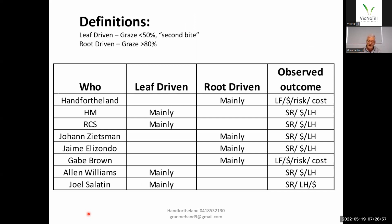So it does have more of a stocking rate, I think, because he said to me on one of the group phone calls that I'd cost people a lot of money, because I didn't focus on increasing their stocking rate, and less of a focus on land health. So I'd say he fits into this observed area here, but you couldn't describe him as doing leaf-driven or root-driven recovery, because at times his grazing will do that, and at other times his grazing will do that. But the key point,